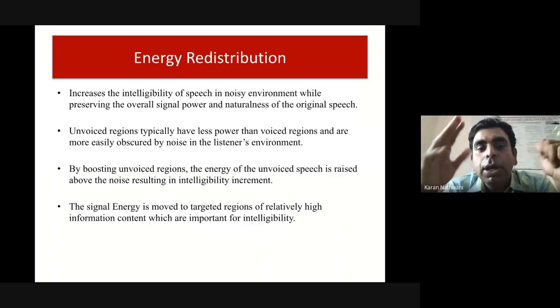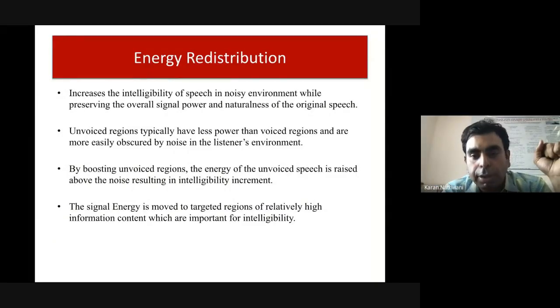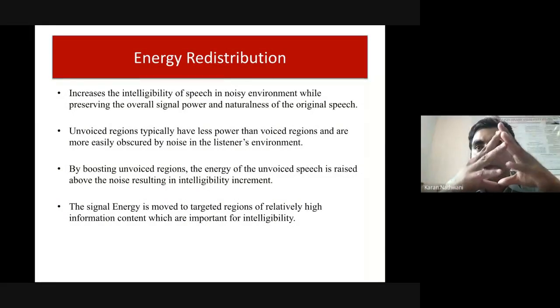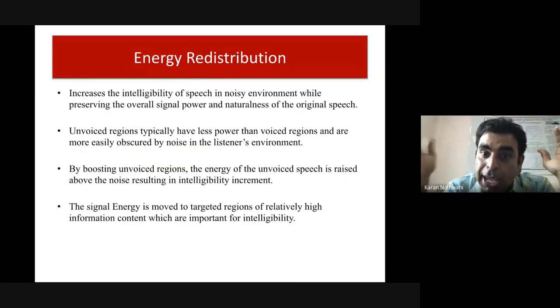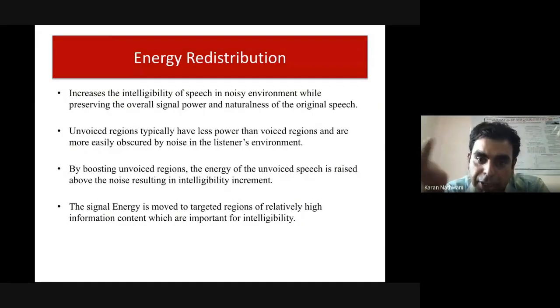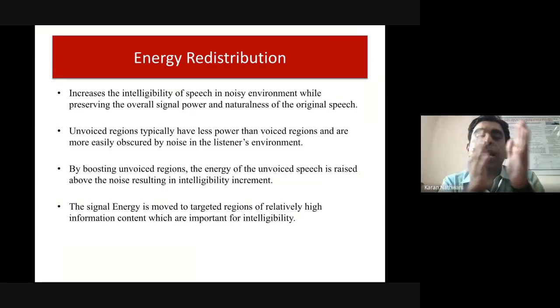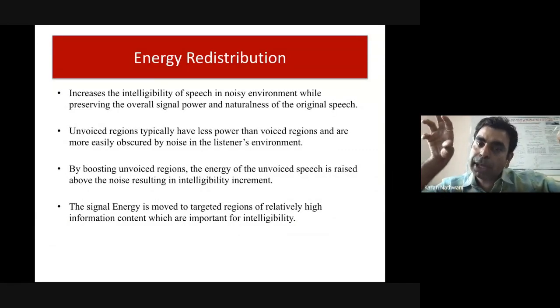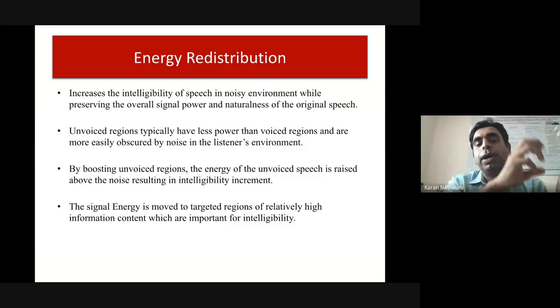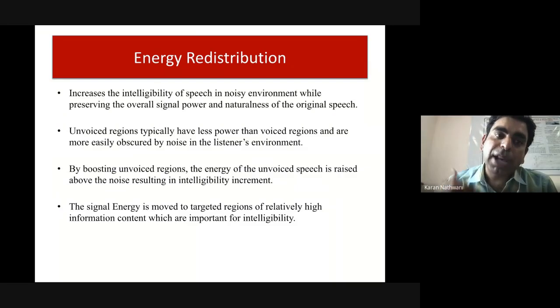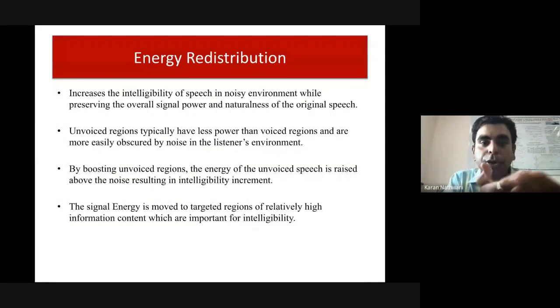So this is the case: unvoiced segments have less power than voiced segments. When they are played in a noisy environment, those sounds are completely lost. A, E, I, O, U you will be able to hear because they have some energy, but the unvoiced sounds have very little energy, so they will be completely lost. So in order to improve intelligibility, energy needs to be redistributed between the voiced and unvoiced segments. I'll take the energy from the voiced segments and pass it on to the unvoiced. It's something like this: I have some money, my friend does not have any money, so I lend some money so that we can come to the same level.